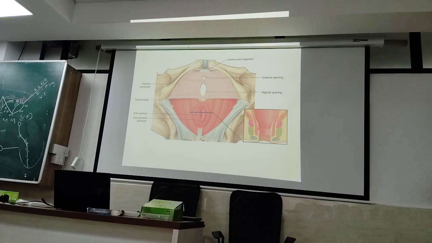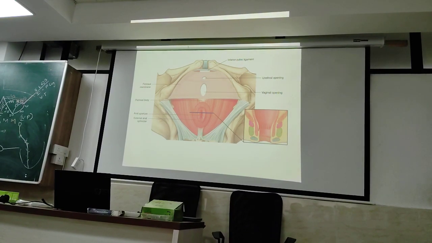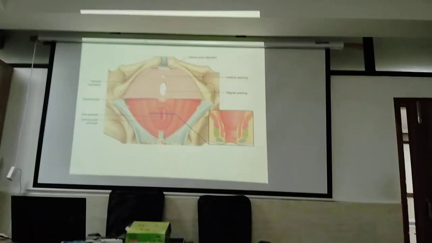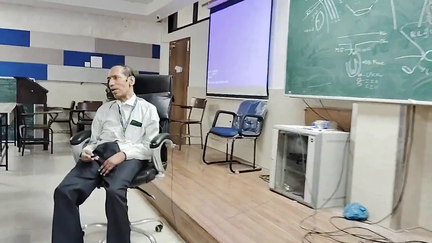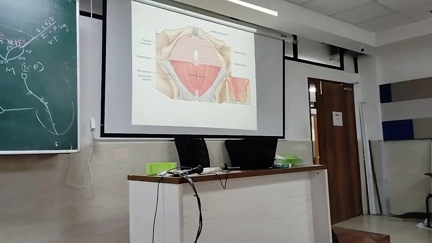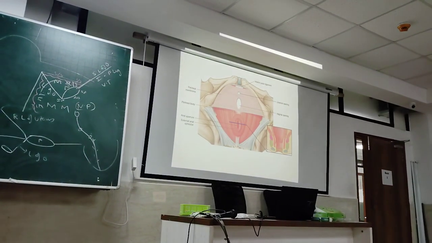It is not there in the inner triangle. The membrane would have been called the urogenital membrane, but it has been called the perineal membrane. This is the only type of membrane which is actually seen in living persons. In a formalin fixed cadaver, there are a lot of fascia, membranes, etc., which are rarely seen in living individuals. But this membrane is seen both in living and in dead.